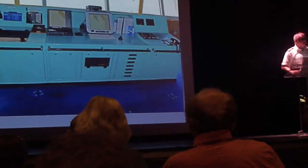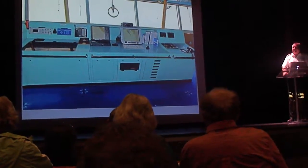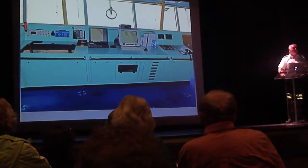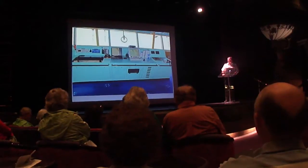One of the requirements, if you want to be a compliant ship, is that you have 2 completely separate systems with their own power supply and their own backup power supply. So in case one system fails,